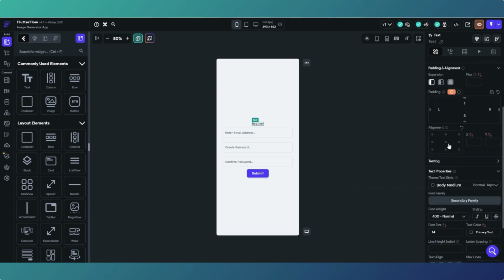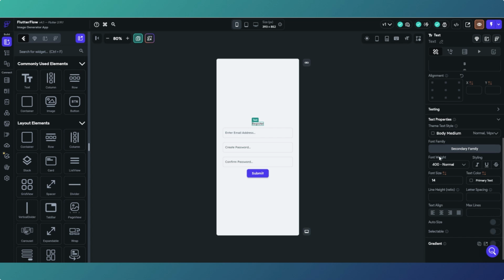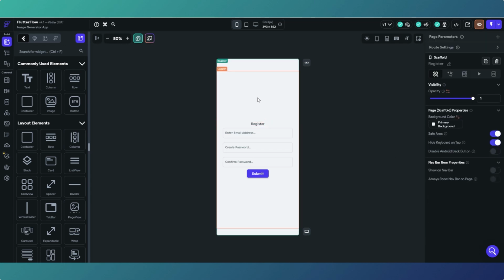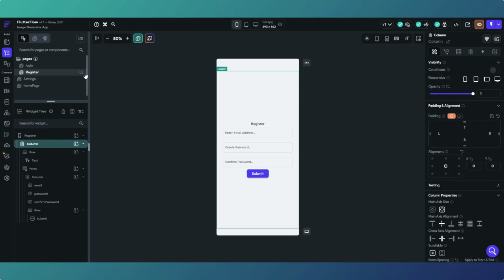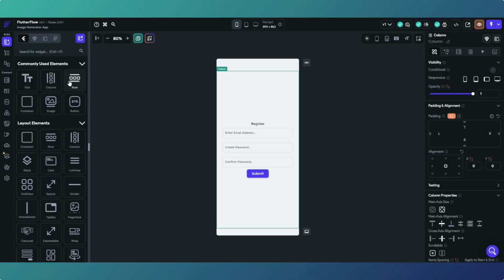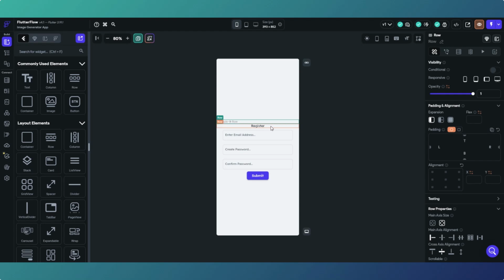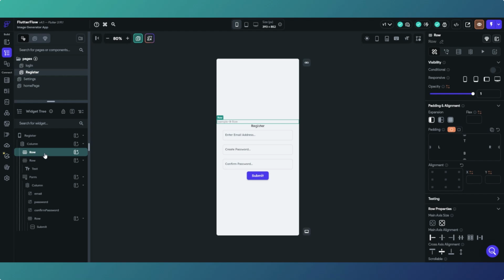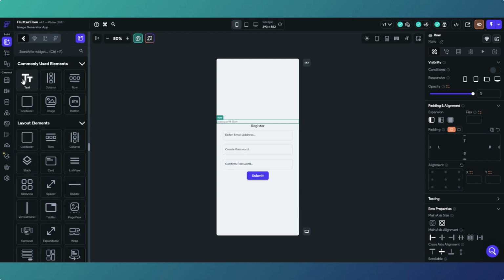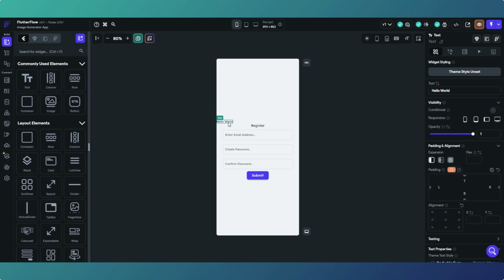And that's actually a little bit small, so if you scroll down, get to text properties, if we change that to 16 just to make it stand out a bit, and then we need to give our app a name. So if we drag another row above the register, again it's outside the form widget, you can see we've got a new row there. We drag some text. Let's call our app